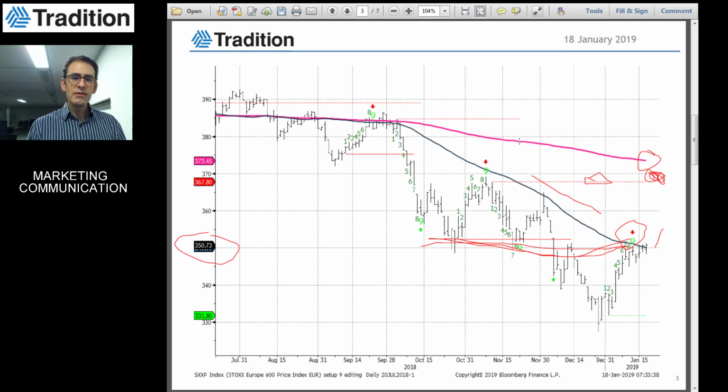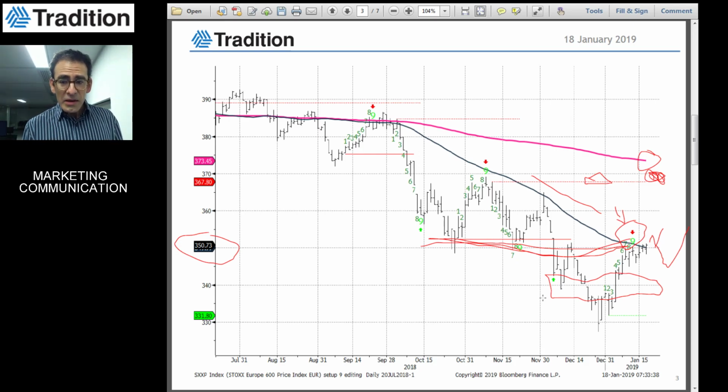So ideally, I don't think we are at the end of the technical bounce, but what these three technical elements are telling me is that we could see in the short term, despite this week's strength, possibly like on the S&P, the start of a pullback before we see higher levels. For me, the critical support zone for this scenario, which means a contained setback followed by renewed strength, is around 340.